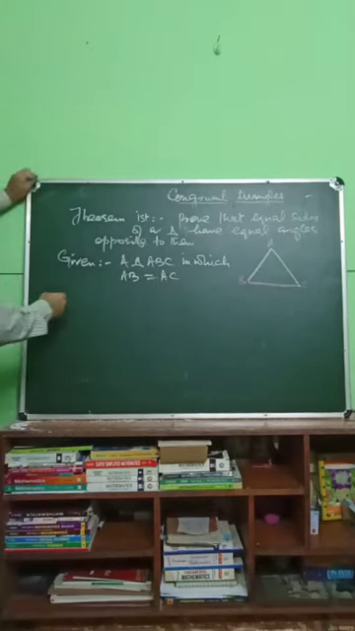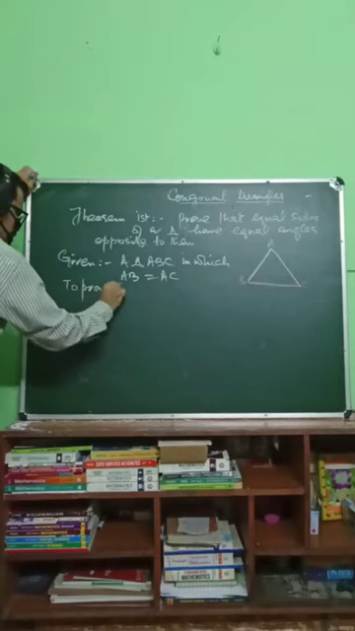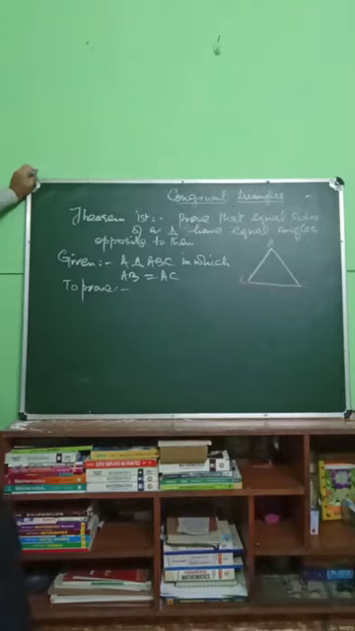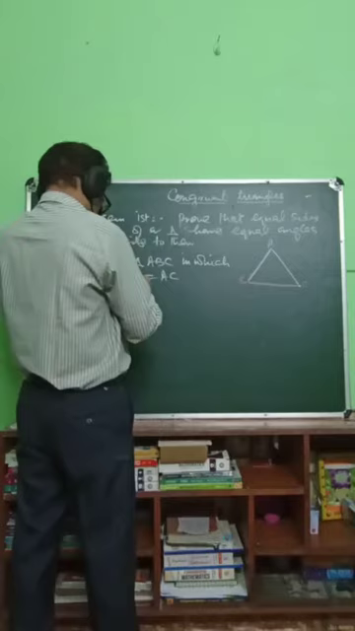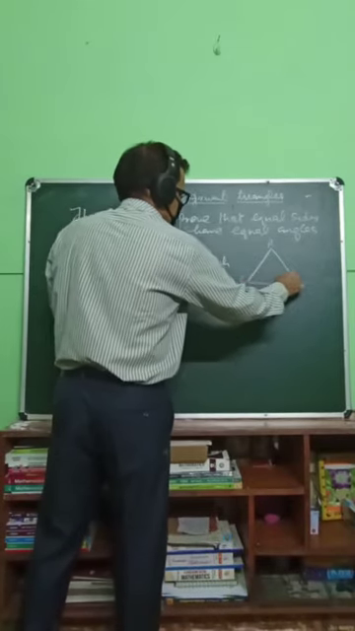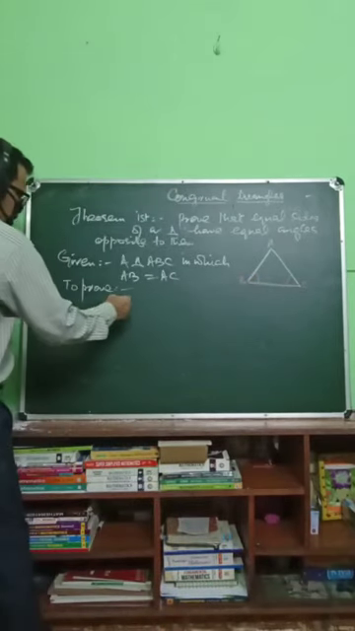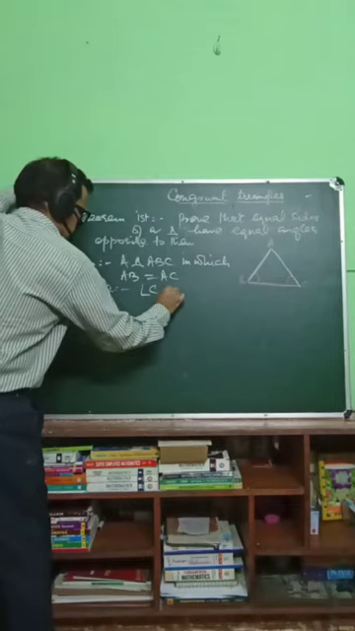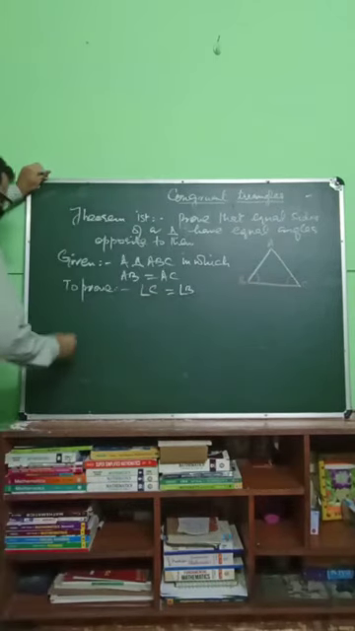Now what needs to be proved? To prove, what we have to prove is that opposite to AB is angle C, that angle C is equal to the angle opposite to AC, which is angle B. So angle C is equal to angle B, or you can write angle B is equal to angle C. Construction